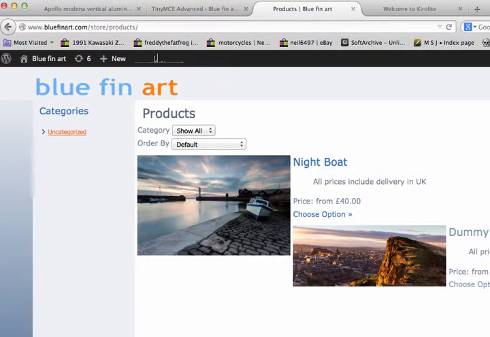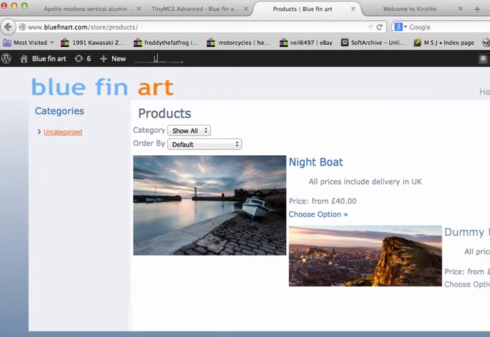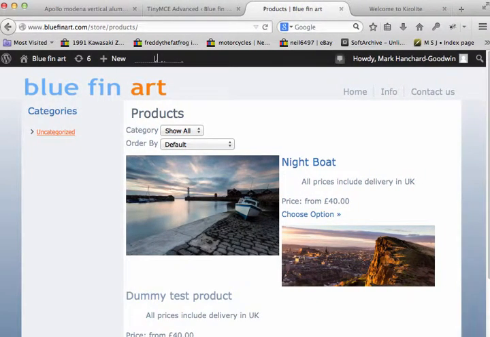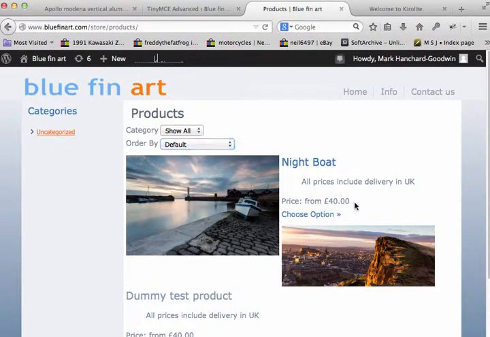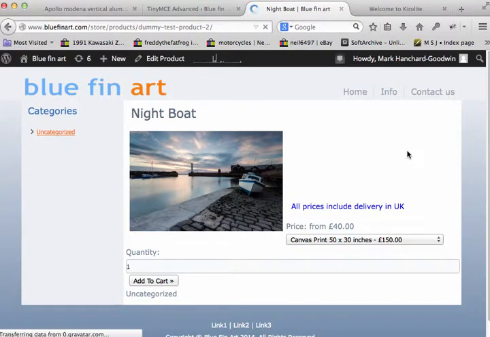Now, they are bunched together currently, so I will have to sort that out. Once we've got categories, we should be able to show them by category. We can order by release date or name. Price probably won't matter because this price from is always the lowest price. I'm going to come in here, Night Boat, and choose the option just to show you the actual product